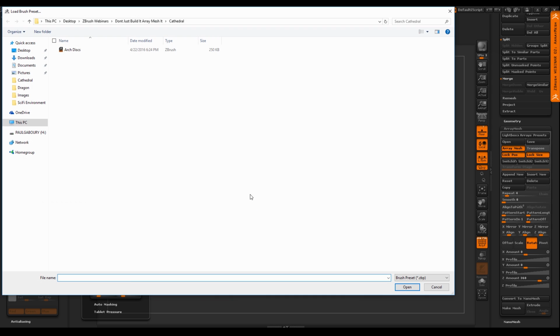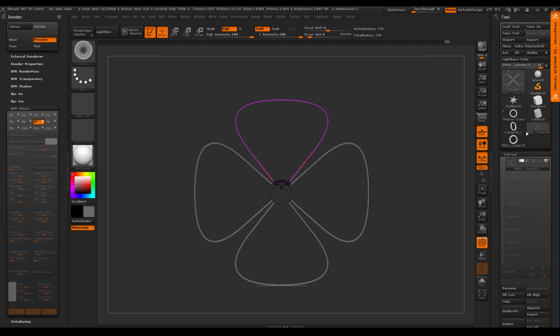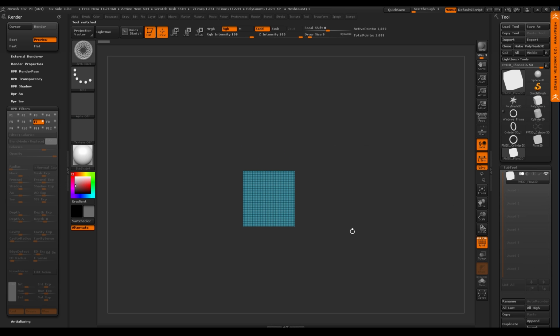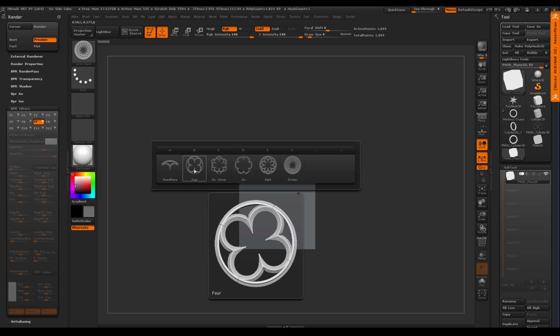So here, let me load my brush. Okay, and here I'll switch to a plane, right? So again, I'm using array mesh to do something else, not just to create the environment piece itself, but using it to create brushes. So you can see what I have here are various pieces. I have just the round piece that's an individual. I have the 4 one. I have one that's a 6 clover. Here's one that's 8. And then here's one that's 16.